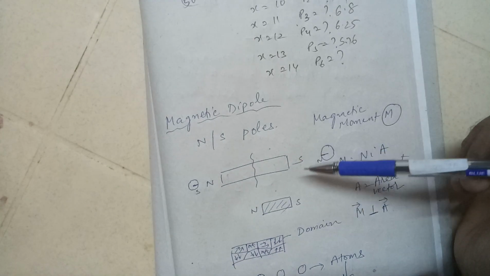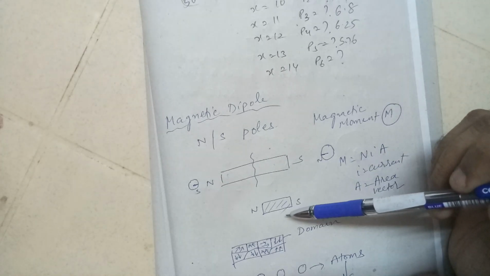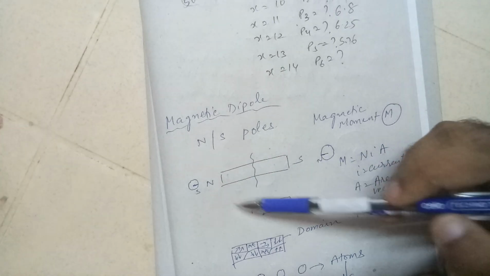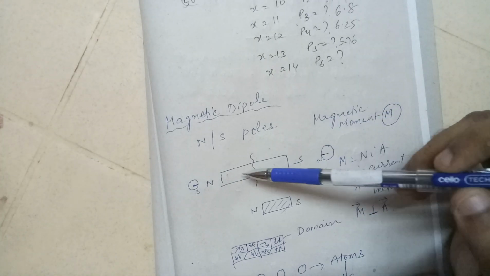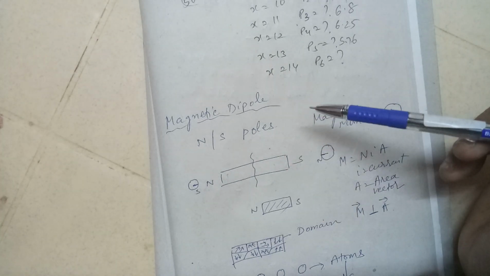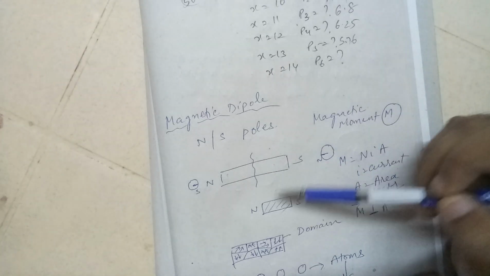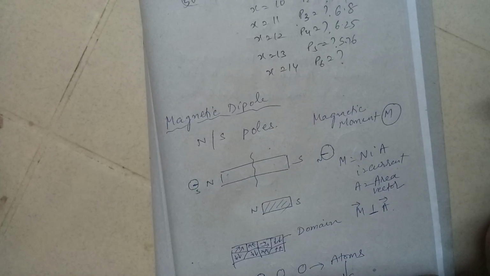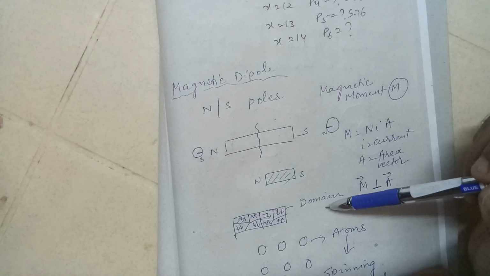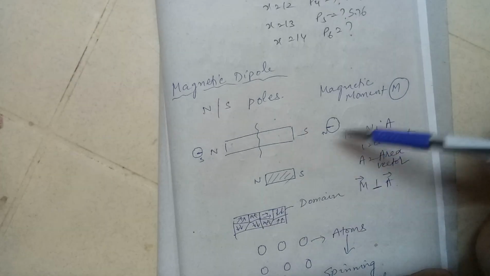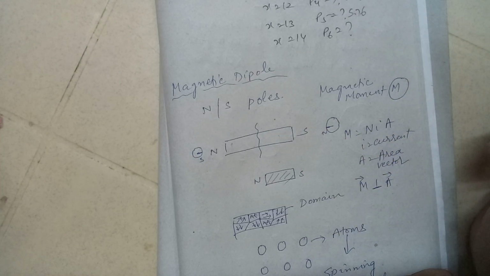If you break the magnet and it converts into a smaller magnet, even then there will be a north pole and a south pole. Now, did we do anything to make this bigger magnet into a smaller magnet? We did nothing. It is happening because of a concept called magnetic moment, which is denoted by M. It is a vector quantity. Basically, when you see a magnet, it will have domains. Inside these domains, these magnetic moments will be aligned randomly.